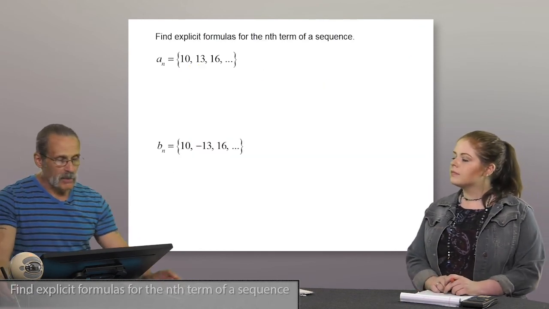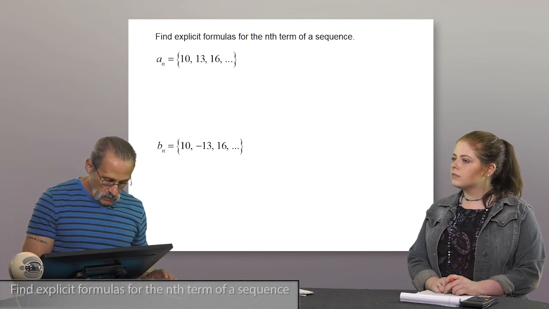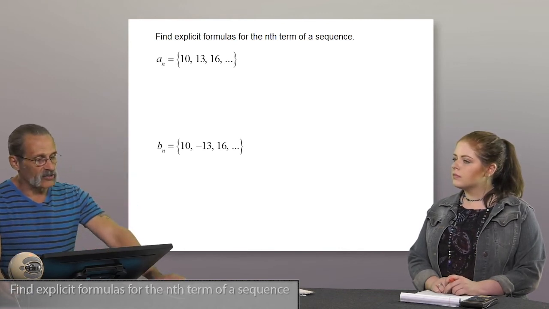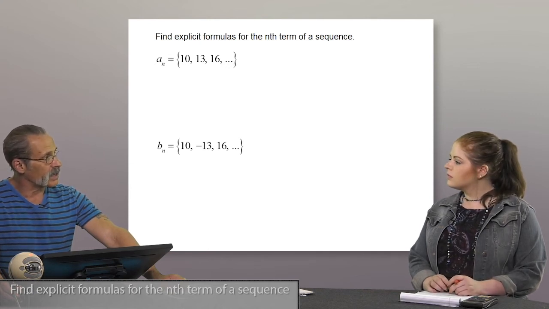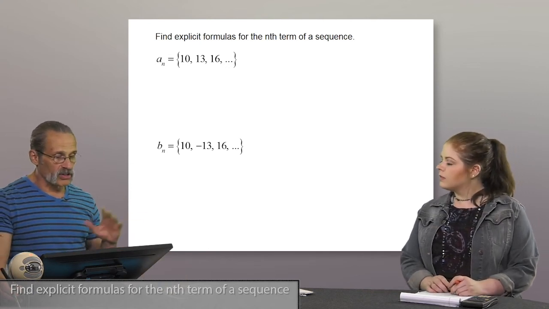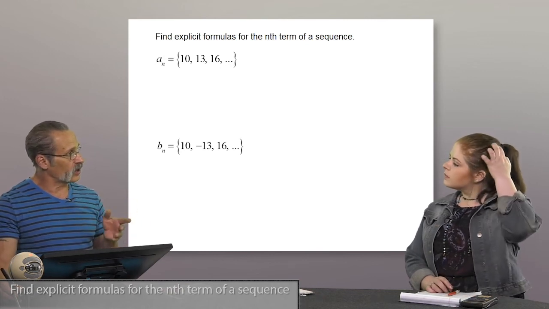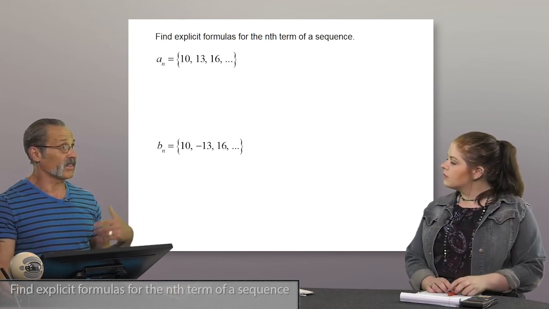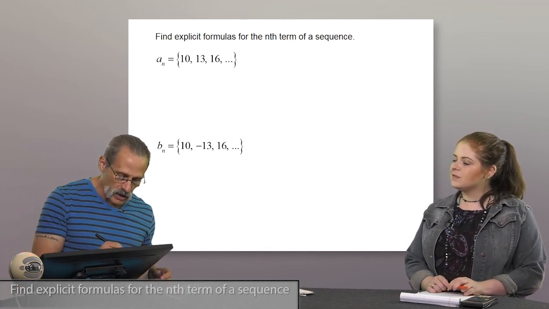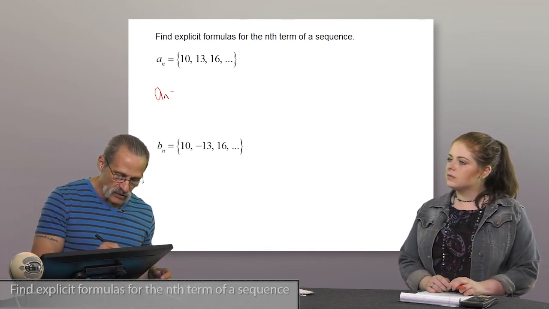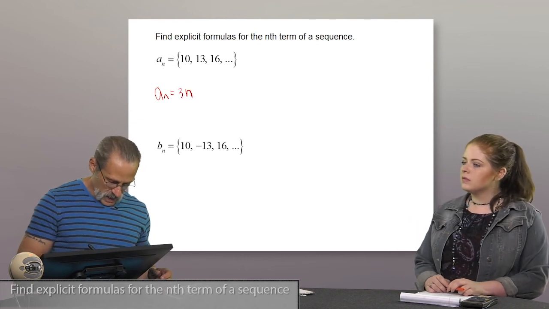So the very first type of sequence I see has 10, 13, 16, and what strikes me is that all these numbers differ by 3. So 3 times 1 is 3, 3 times 2 is 6, 3 times 3 is 9. You're probably thinking, very good, Jay. But what I'm driving at is start by saying, okay, a sub n is 3 times n,